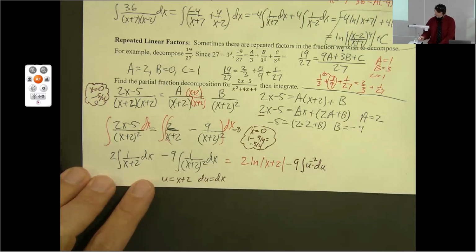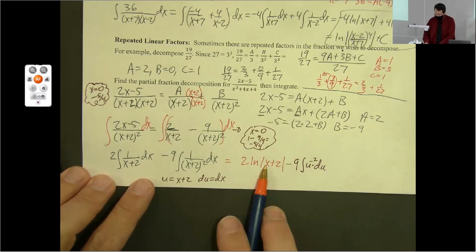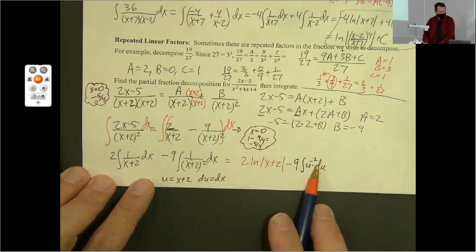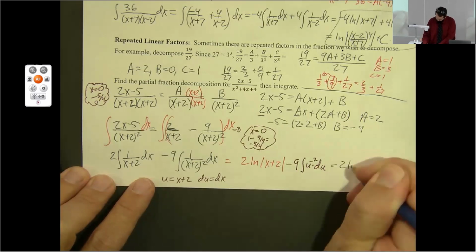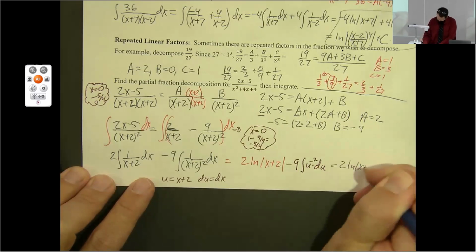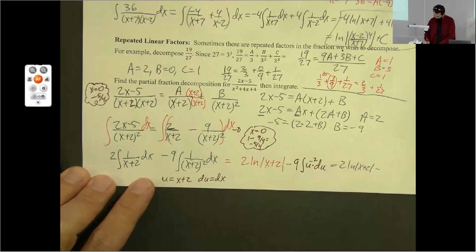Yep. Okay. And is it okay if I take the plus c for the very end? I know technically it came right here, but we're going to get another plus c. But plus c is plus c. Different c. Good. All right. Okay, so we've got 2 natural log of absolute value of x plus 2 minus